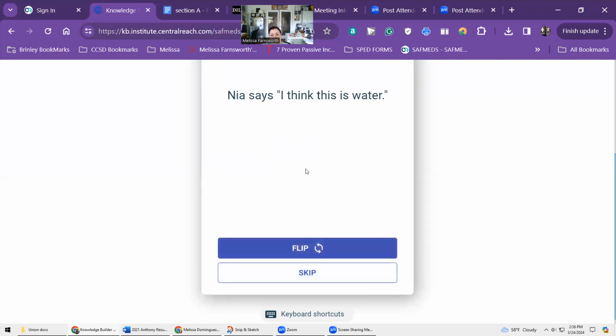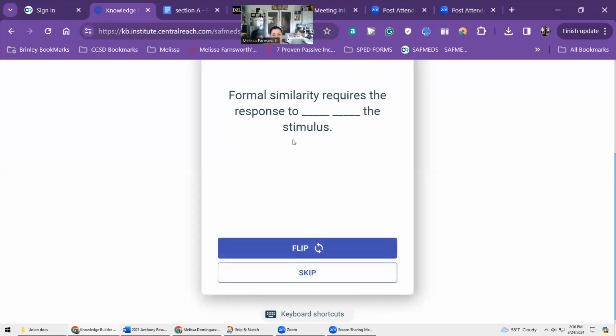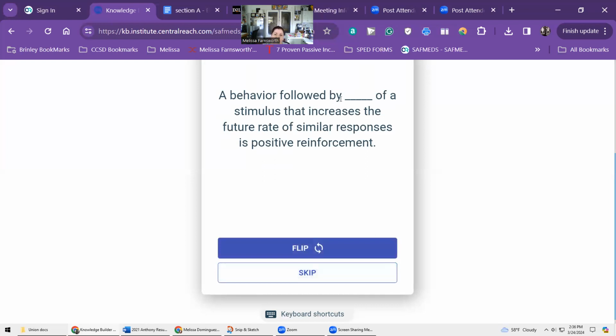Addition. Nia says, I think this is water. Autoclitic. Verbal behavior uses vocal verbal behavior and blank verbal behavior, non-vocal. Nia sees a lake and signs water, tact. Some dimensions that are exaggerated in stimulus fading are color, blank, or position, size. Formal similarity requires the response to blank blank the stimulus. Physically resemble. A behavior followed by blank of a stimulus that increases the future rate of similar responses is positive